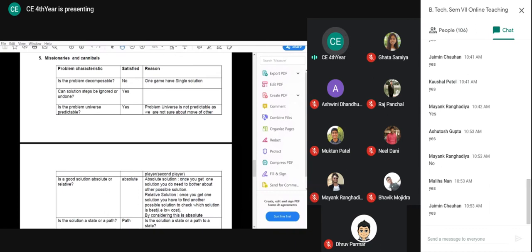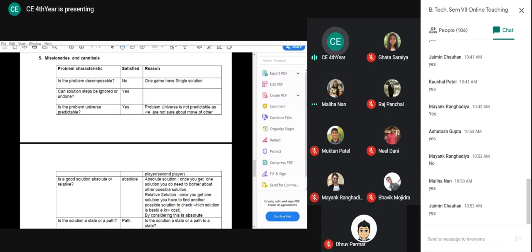Okay, good try. Malia, can you unmute your mic? See, this is a total interactive session. Already I have explained all the problem characteristics. So I can say yes. Can you give me the reason? If we send one missionary or one cannibal, then we will have the remaining 2 of them over there. Then again recursively we will have to solve for them as well. Applying the same rules again and again, we will send one missionary or cannibal, whatever.